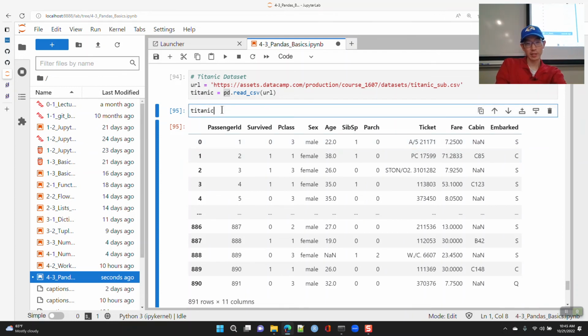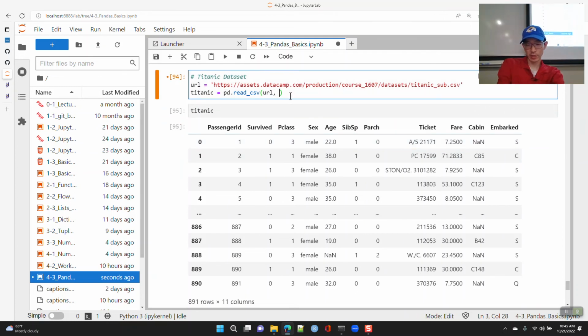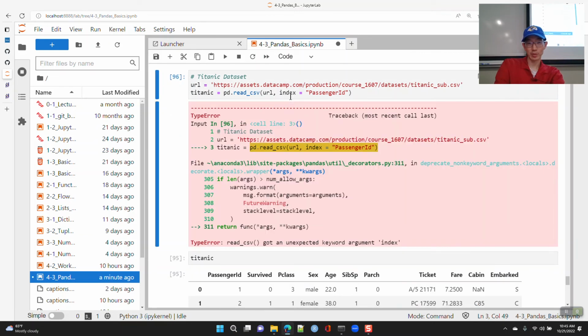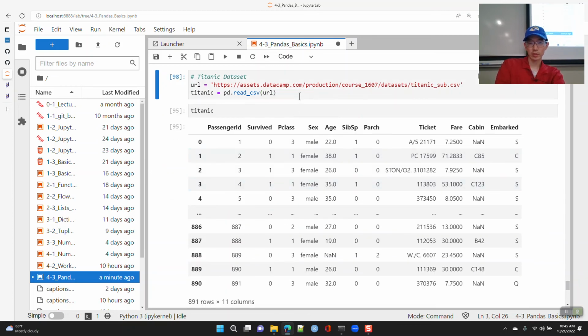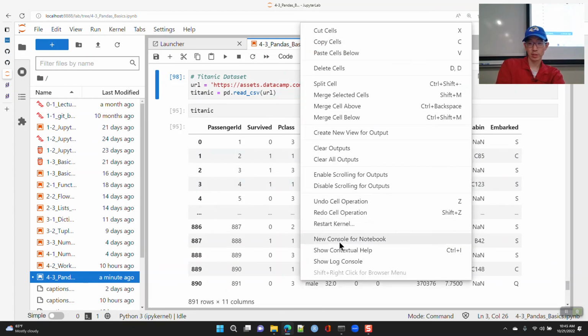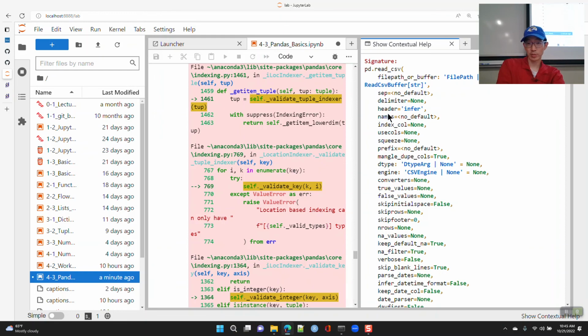I think you can specify index is equal to, I don't remember. Oh, I didn't like that. Passenger ID is not defined. Okay. I'm going to ask for help on this. How do you specify index?